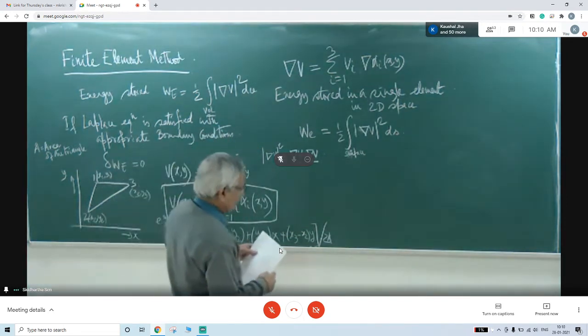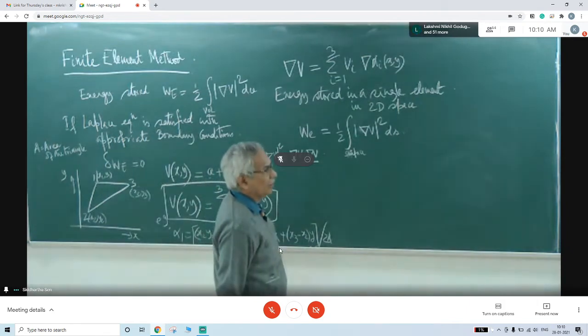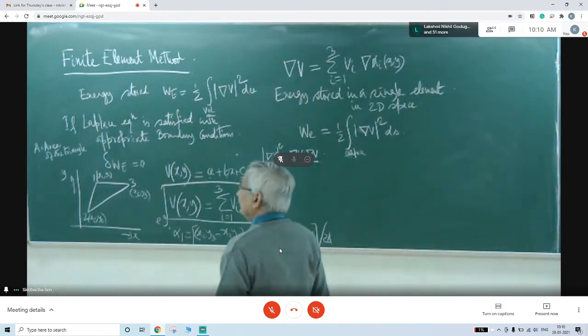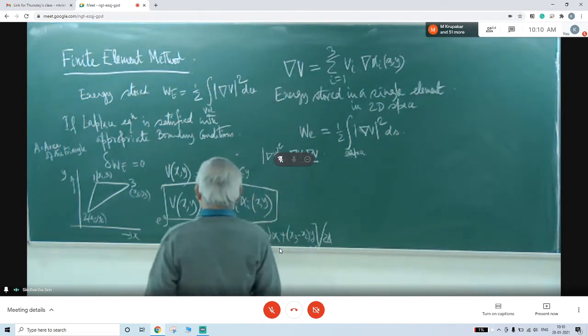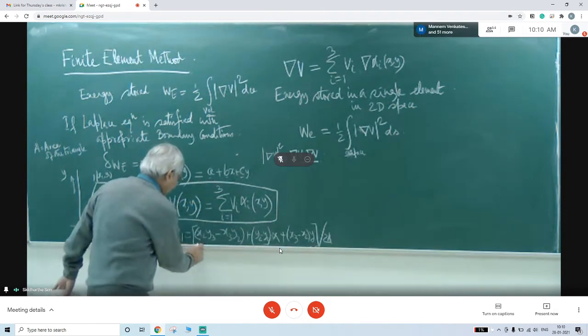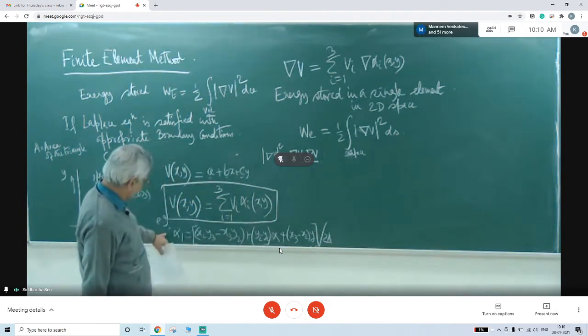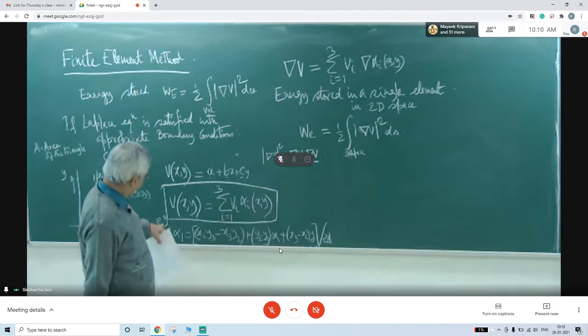Sir, could you please read out the alpha 1 once? It's not very clear. Louder, please. The value of alpha 1. It was covered in the last class already. Sir, I was unable to come to the last class because of network issues in Delhi NCR.